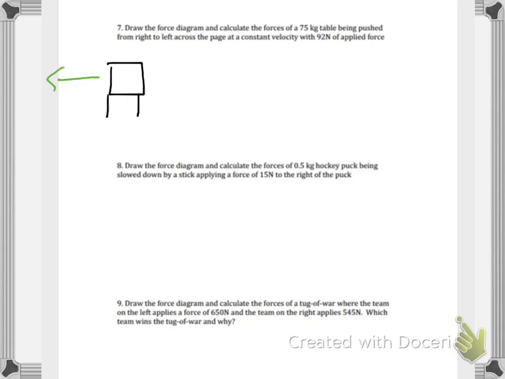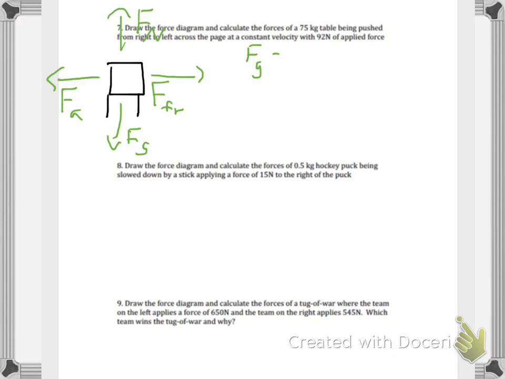So here we have the applied force, which means that to keep moving at a constant velocity, we need friction to be on the other side and to equal that. And again, I'm trying to draw my arrows, my vectors of proper magnitude and direction. So the directions are accurate. The magnitude, the arrow should be the same length. So we've got force due to gravity on this table, and then we've got the normal force coming up from the ground. So now to solve for these,